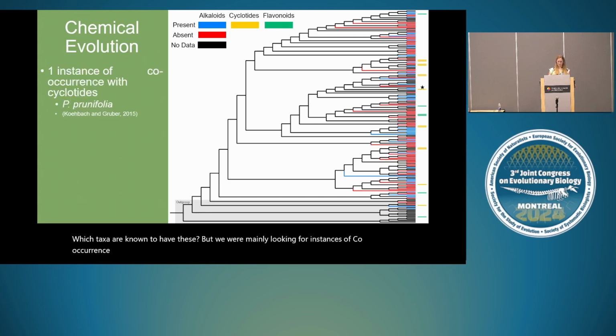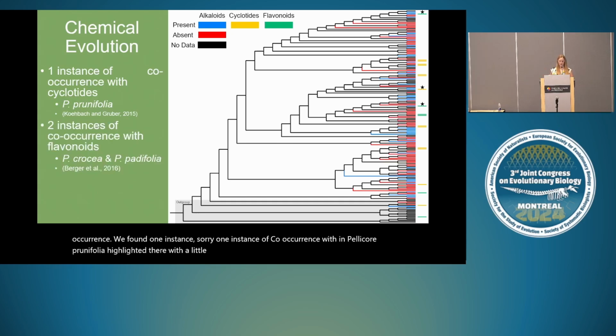We found one instance of co-occurrence in Palicorea prunifolia, highlighted there with a little star, and 2 instances of co-occurrence with flavonoids in Palicorea crocea and patifolia. Crocea is actually interesting because indigenous groups in its native range were known to use it for its anti-inflammatory properties,